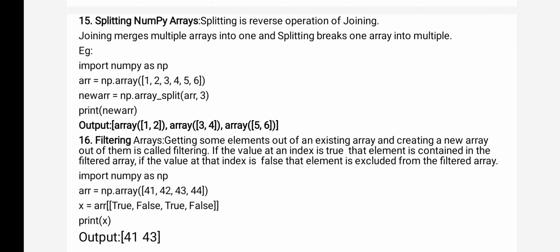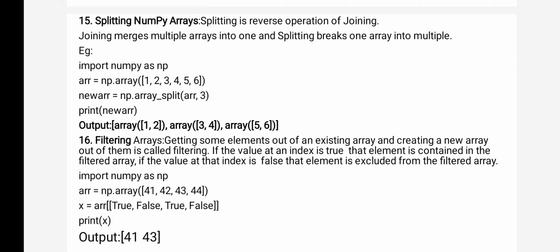So I am splitting the ARR array into 3 parts. Which array are you splitting? ARR. In how many parts? 3. So you can see the output. Array 1 comma 2 is one part, 3 comma 4 is one part, 5 comma 6 is one part. So I said 3 parts. Whatever the main array is, it is split into 3 sub arrays.